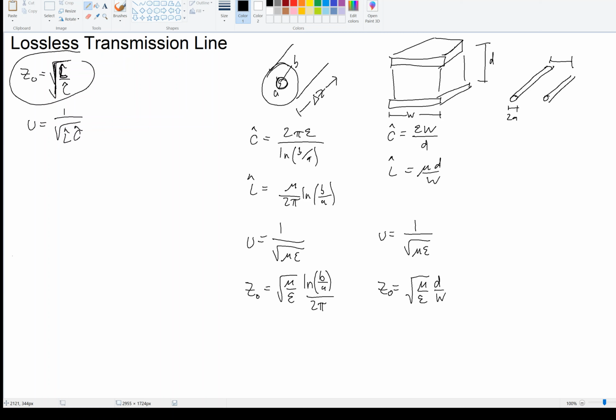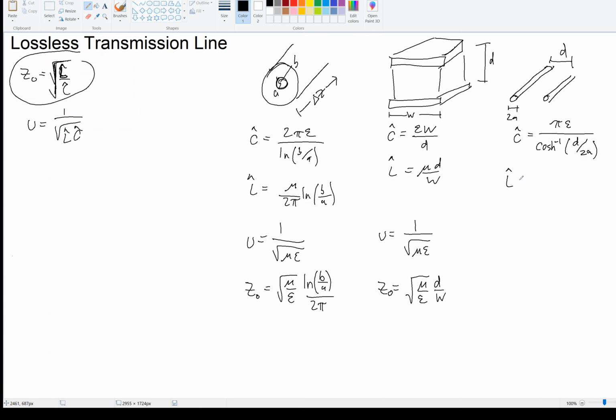Okay, so if we go to the twin lead, we were saying they were separated by a distance d, and each lead had a diameter of 2a. So here we said that the distributed capacitance was pi epsilon over a hyperbolic cosine inverse of d over 2a,